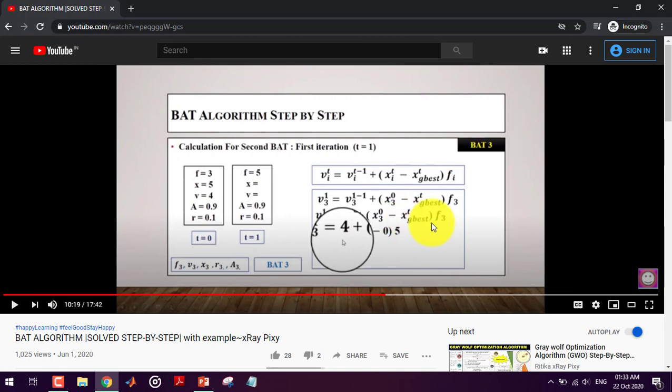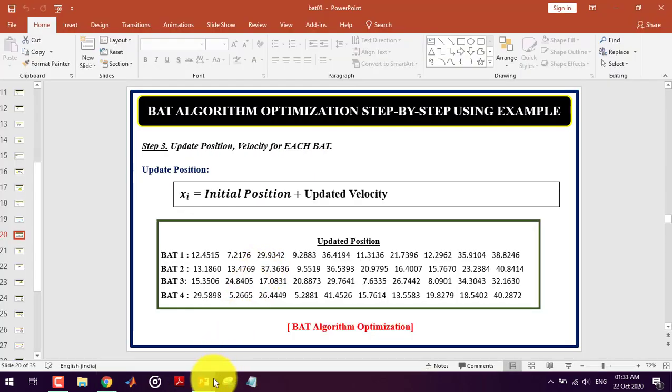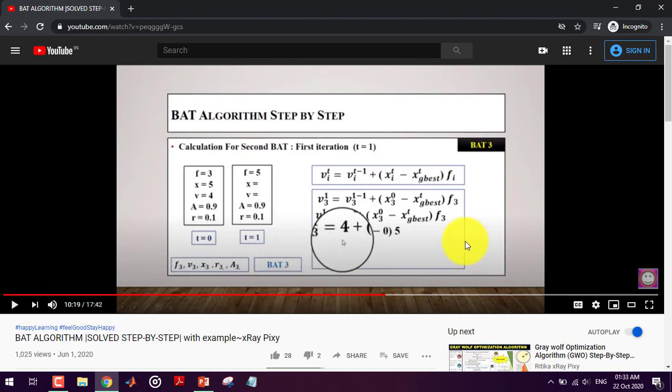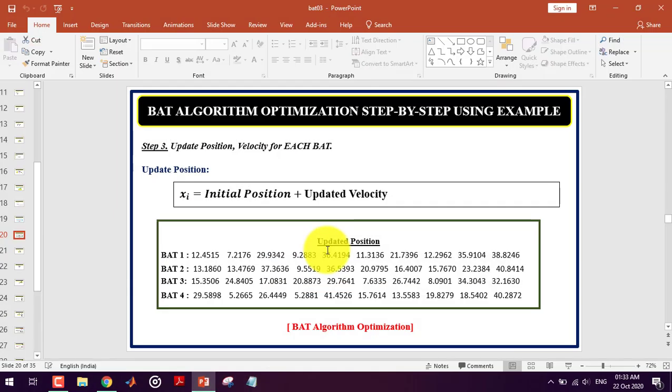So you can see here in the previous video what we did, another example that is different, like a demo. I put all the values there because this is just a simple example, but this time I'm using 10 dimensions, so it is complex to compute values for each bat for the 10 dimensions. So for simplicity I used MATLAB.